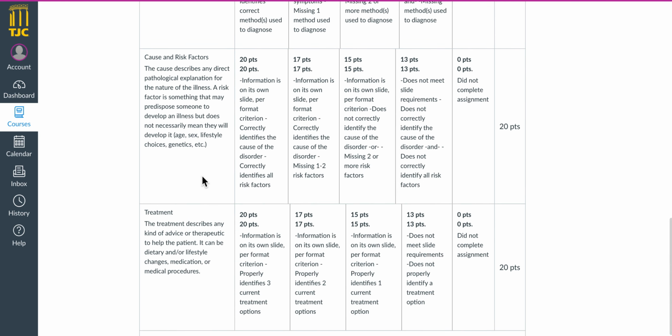And then as we go down to here, causes versus risk factors. So a cause is just that, meaning this illness was caused by X, Y, and Z. There is a direct pathological explanation for the nature of the illness. Okay? A risk factor, however, is something that predisposes someone to develop the illness. It doesn't mean that you will develop it. It just means because you fit this